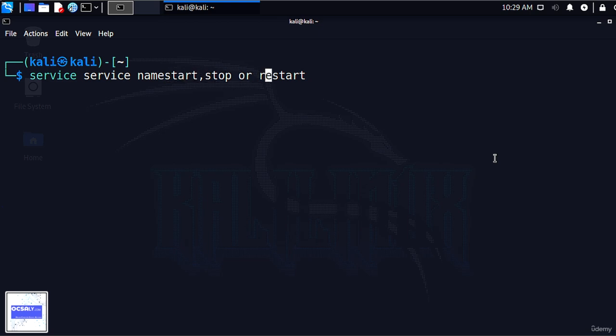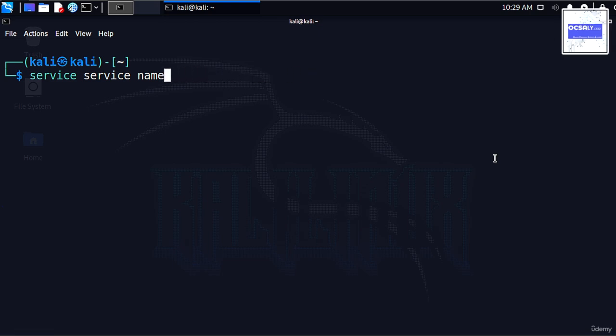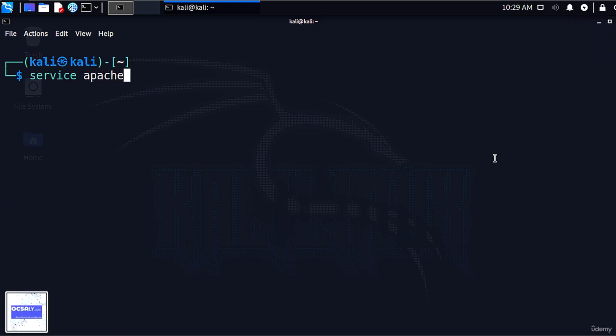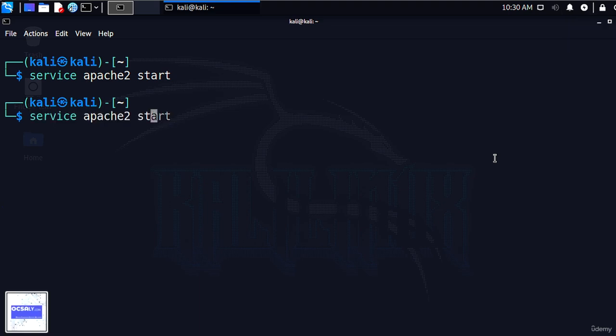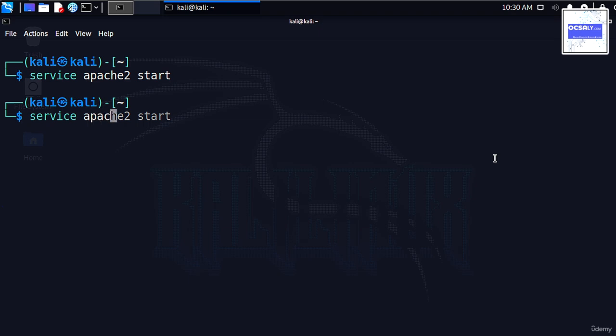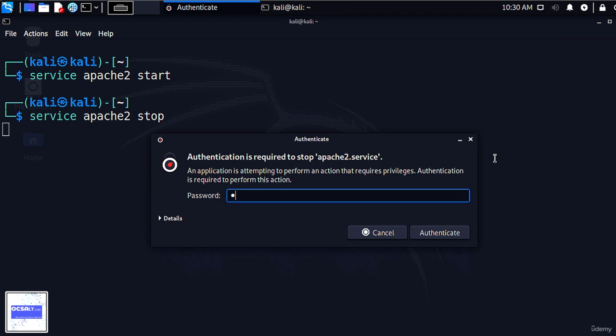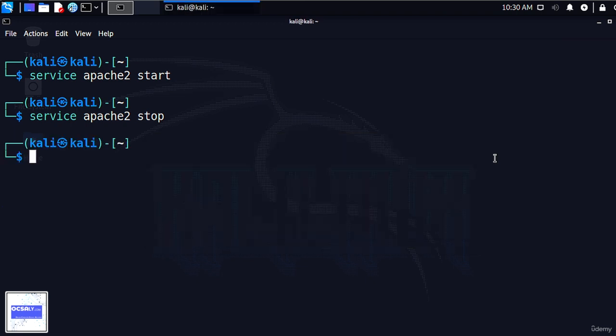To start the Apache 2 web server, or HTTP server, you will enter service apache2 start and enter your password here. To stop the Apache server, write service apache2 stop like that, and enter your password. Usually when you make a configuration change to an application or service by altering its plaintext configuration file, you need to restart the service to capture